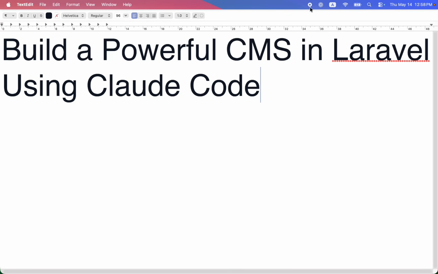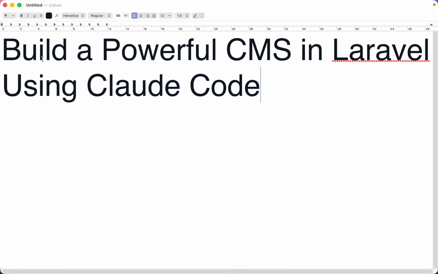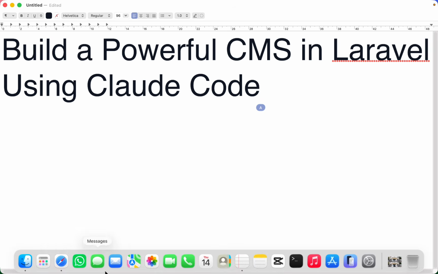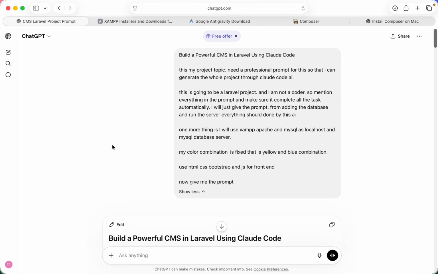And in this video, I'm going to show you how you can build a powerful content management system in Laravel using Claude Code. And I'm going to show you everything step by step. This is going to be a Laravel project, so don't skip the video. You should follow everything. So first of all, I'm going to go to the browser, and here we will actually